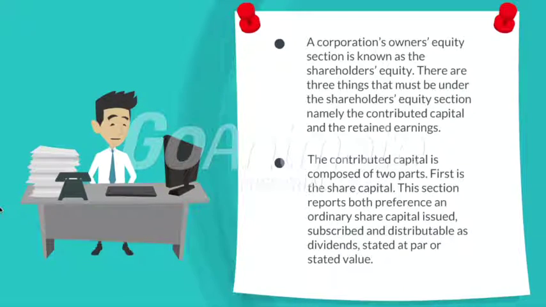There are two things that must be under the shareholders' equity section, namely the contributed capital and the retained earnings. The contributed capital is composed of two parts. First is the share capital. This section reports both preference and ordinary share capital issued, subscribed, and distributable as dividends, stated at par or stated